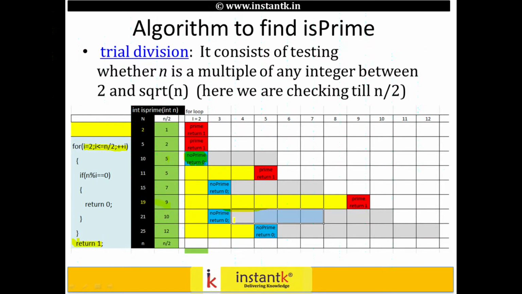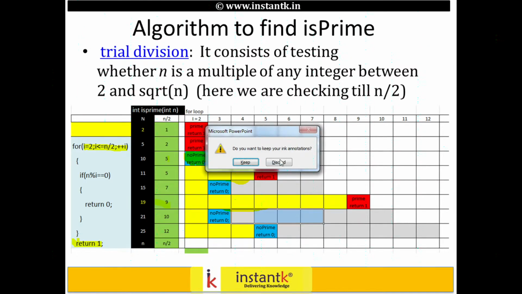21, 25, none of these are prime. So that's how this for loop, this yellow one, works. For every prime number, it has to go till n by 2. If none of these are matched, then we declare it as a prime. Okay, that's it. So let's see the code